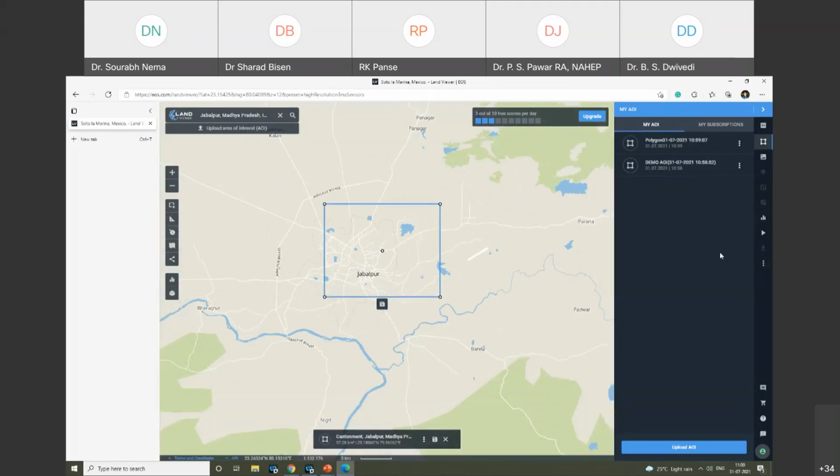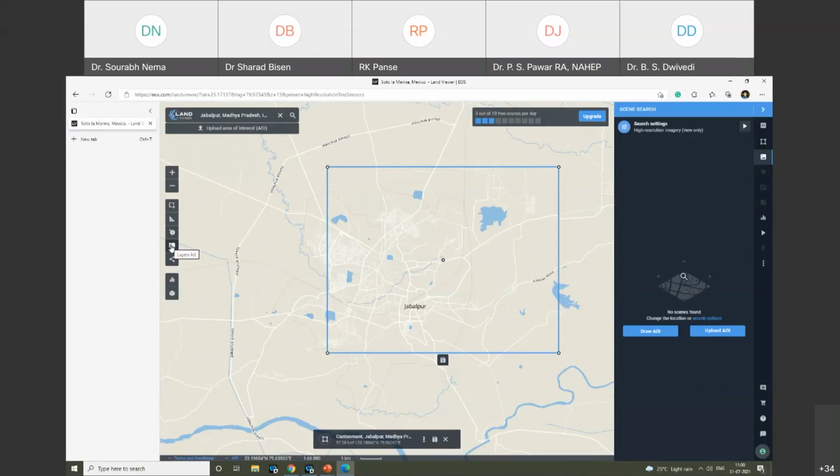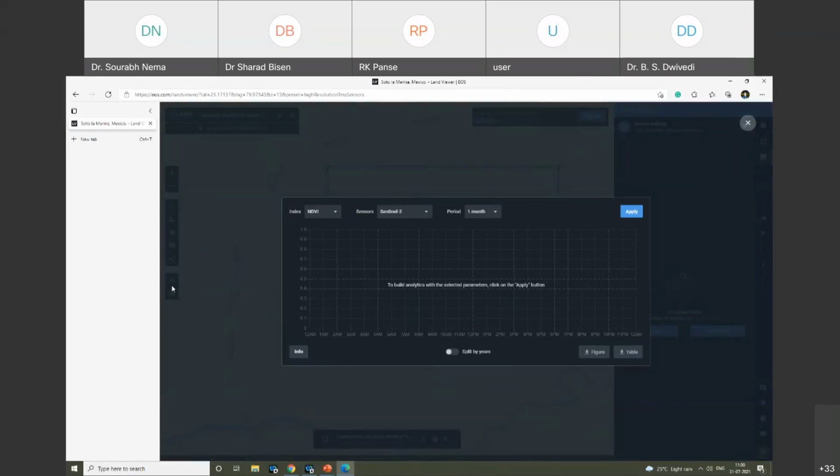There are things I want to show you. Settings. AOI is there. Yeah, so here some facilities are available for time series analysis also. You can see here, in this Land Viewer, if the satellite is there and you want to do some analysis on NDVI or NDWI,